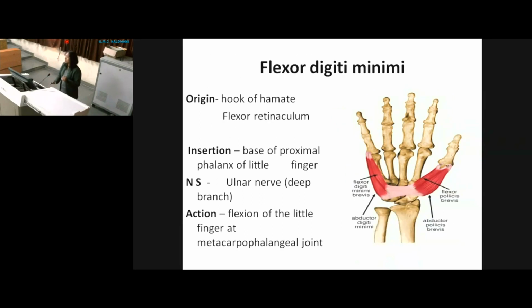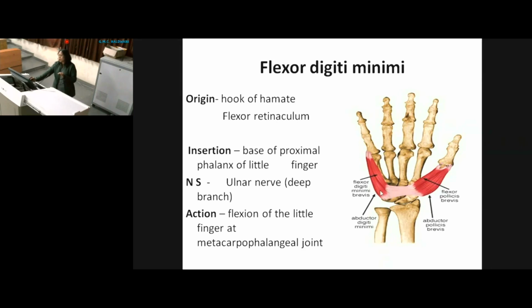Second is the flexor digiti minimi. It arises again from the medial side, from the medial part of the flexor retinaculum and the hook of the hamate bone. ठीक, थोड़ा सा distal है. Insertion again the same, base of the proximal phalanx of the little finger. Clear? सेम रहेगा. और also this is inserted into the lateral side, अगर specify हम इसे करेंगे so on the medial side. Okay, this is the abductor digiti minimi and this is the flexor digiti minimi. और ये हमारा है